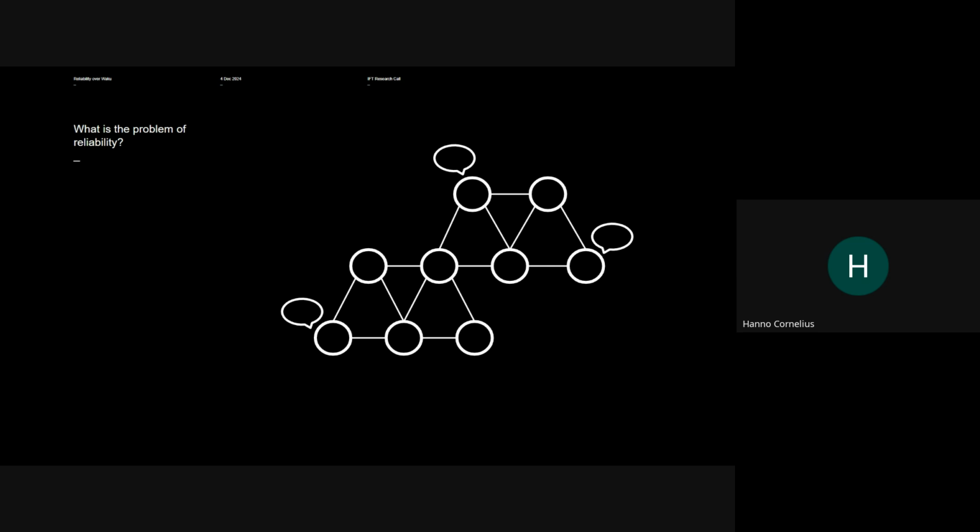Then maybe a bit more abstract is the idea of the knowledge of message state. So it's not just about whether these messages do reach their intended recipients, but also how much can I know as an application participant about this? Do I know that these messages have been received by the recipients? Do I know that there are messages that I'm not seeing, that I'm supposed to be seeing? All of this is part of the reliability problem.